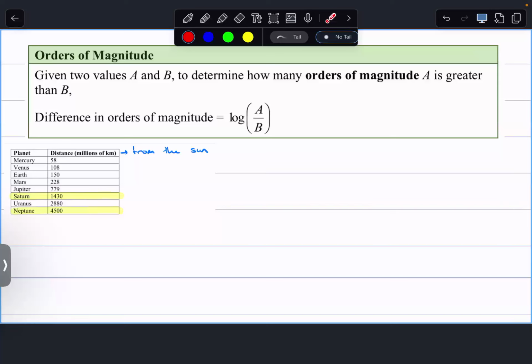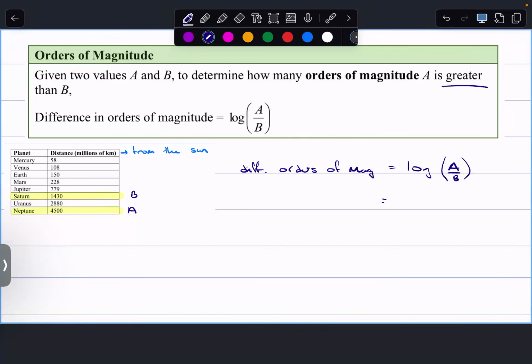Because we want to know how much A is greater than B. So I'm going to let this be A and this be B, because A is greater than B. Then the difference in orders of magnitude is the log of A over B, which is going to be the log of 4,500 divided by 1430,